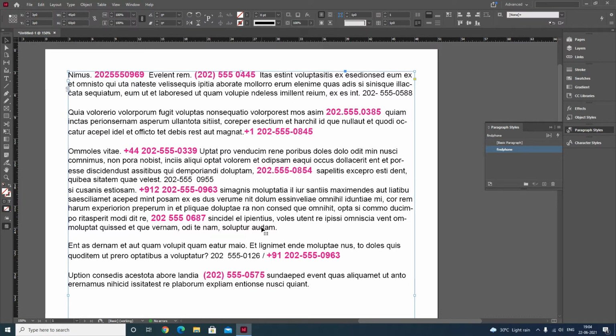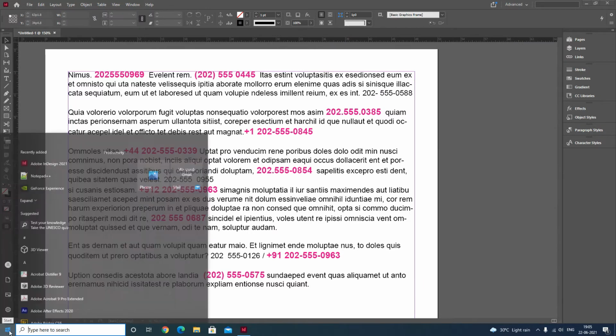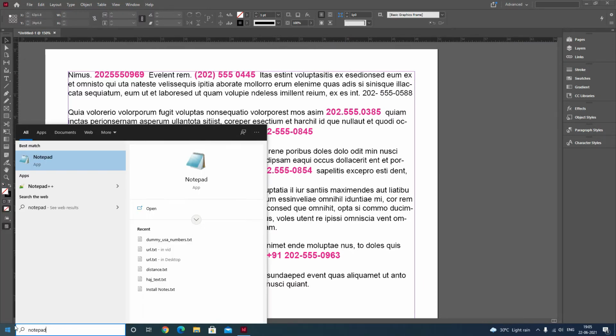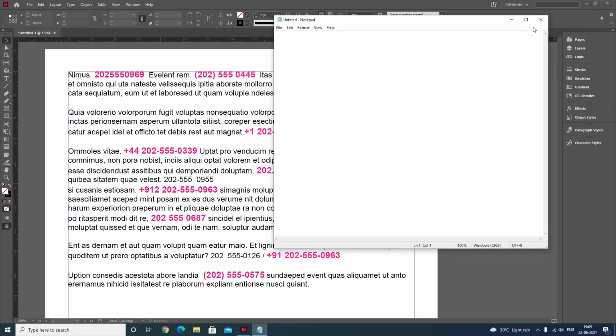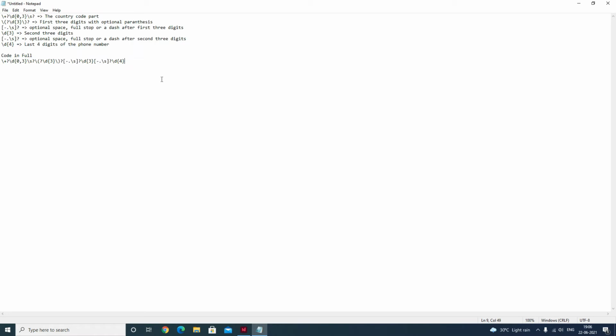I will now show you the code which I have used here in the grep code. This is the country code part. It looks for a plus sign, but we cannot use a plus sign just like that, so we have to escape it using a backslash, and it may or may not be there.